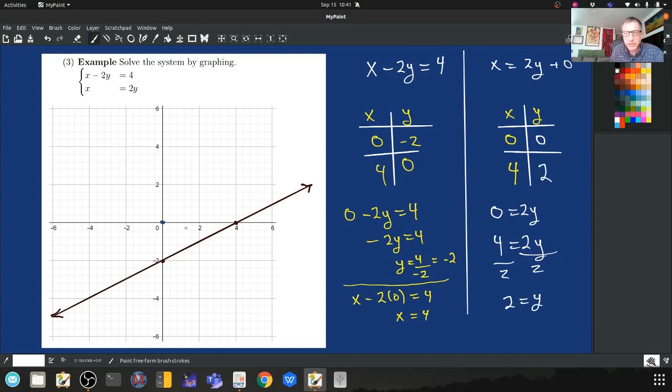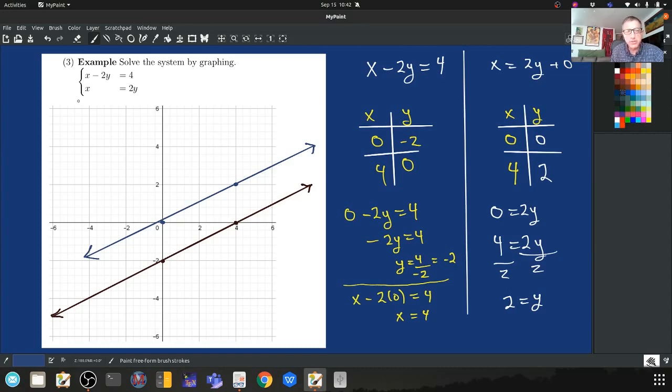So I have 4 and 2. So right there's 4. Let me change it. And right there is 2. So let's draw a line through here. Again, not the best, but visually these two lines seem to be parallel, right? Parallel lines never intersect. So if the lines never intersect, then visually that tells us that there is no solution